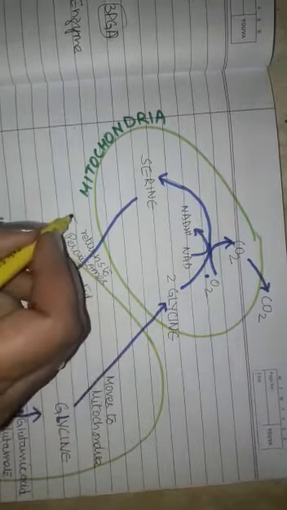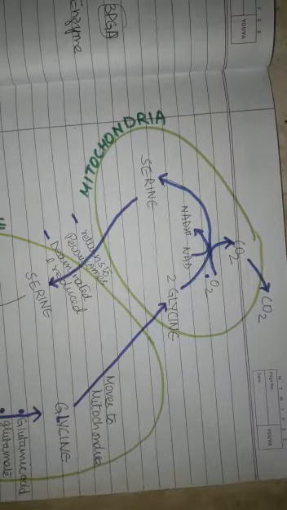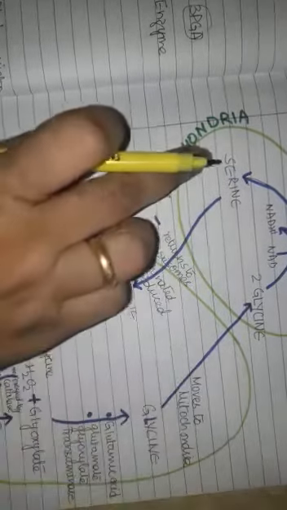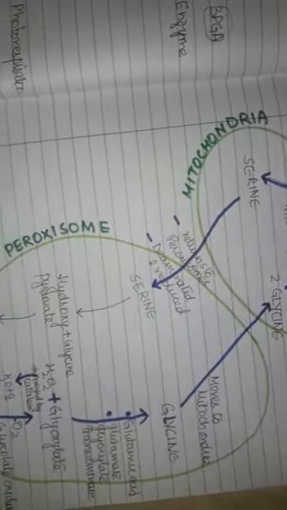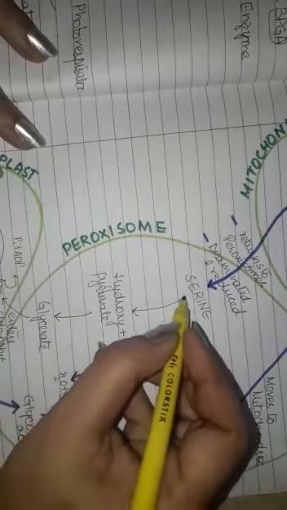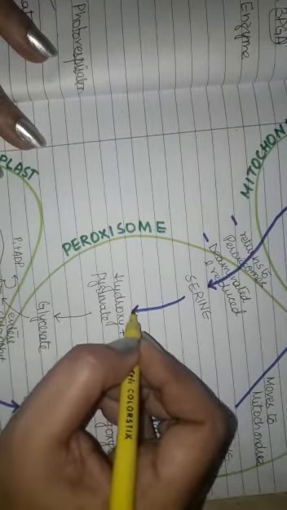It is deaminated, मतलब ये क्या, इसमें से अमाइनो ग्रुप रिलीज होगा, रिमूव हो जाएगा. This serine is deaminated and reduced inside peroxisomes, and it gets converted into